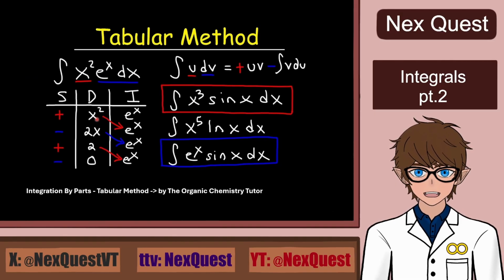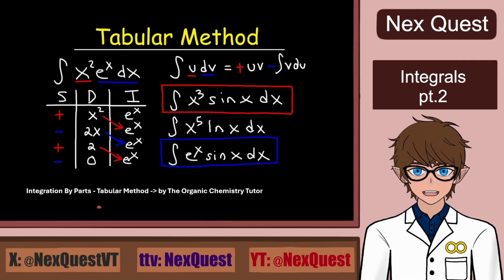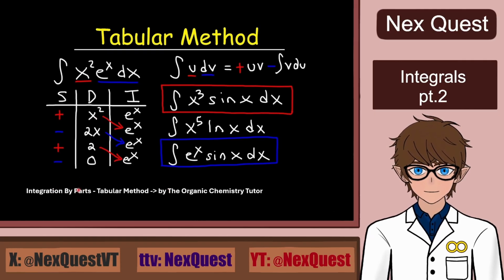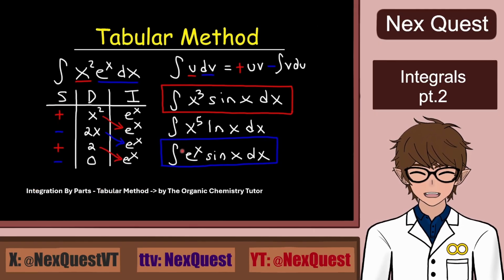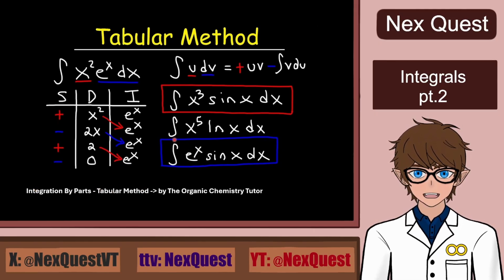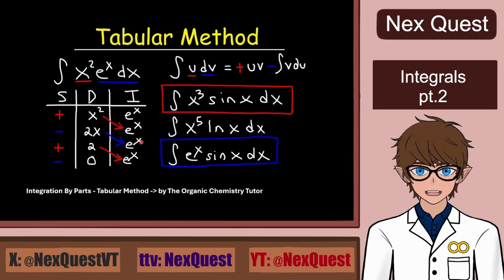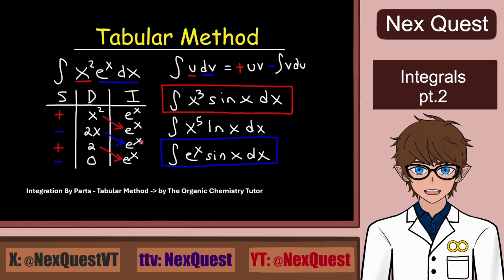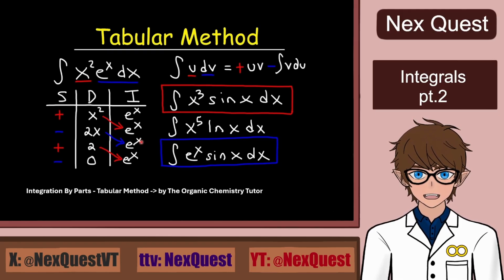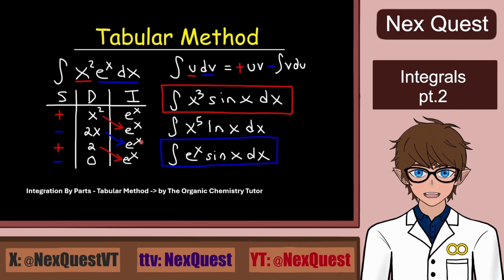Next up is the tabular method. It's basically integration by parts, but slightly easier or more visual. I'm not going into it, as the Organic Chemistry Tutor explains it a lot better in his video on integration by parts, the tabular method, than I ever could. Plus his handwriting is a lot better than mine, as you saw a few slides ago. If you want to solve it, I think his explanation will be a lot more helpful than my already oversaturated lecture, but basically